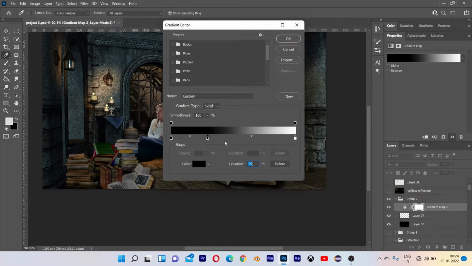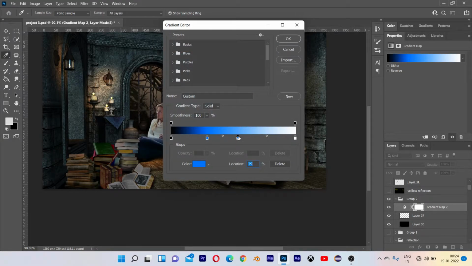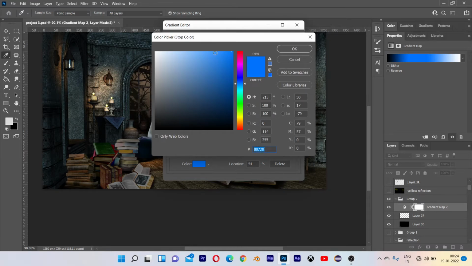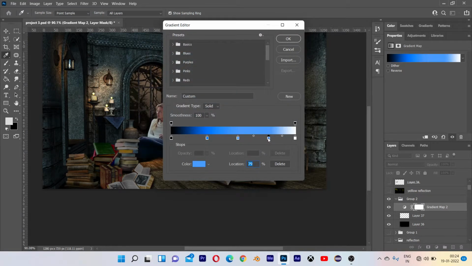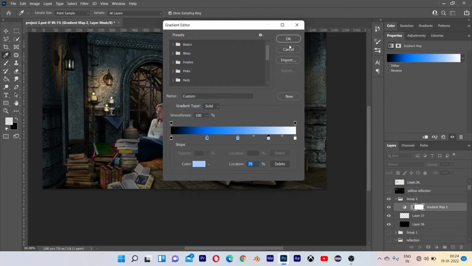Our magic is going to be in blue color, so we will select the blue color. Light blue, and light blue.